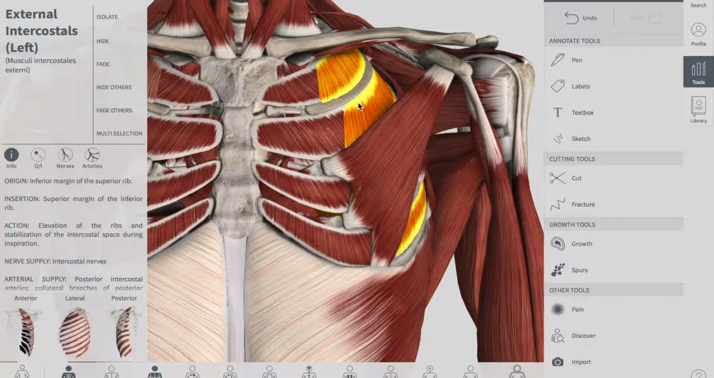You can see this is the rib, and the muscle runs from the inferior border of the rib above to the superior border of the rib below. So there is a rib below over here, and this muscle leaves from the inferior border of the rib above and attaches to the superior border of the rib below. As the muscle reaches the costal cartilage, it is converted into aponeurosis. I haven't shown it in this picture, but when I add the